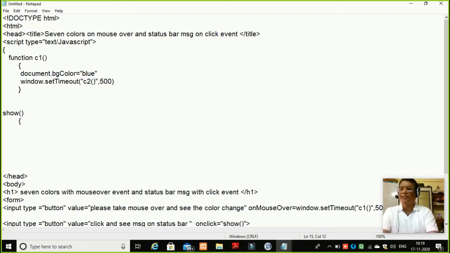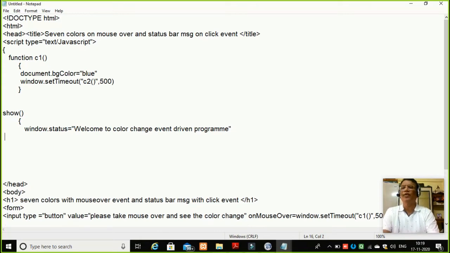Here I will say window dot status is equal to welcome to color change event driven program. Now students, if you like to put some other message, you can put another message over here. We don't mind, but put a proper message which will be allowed in a class.